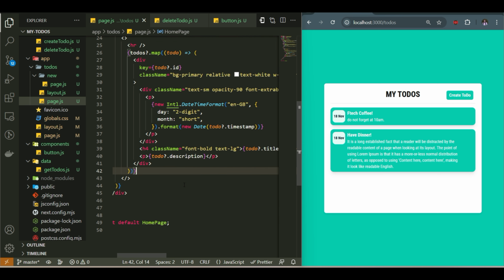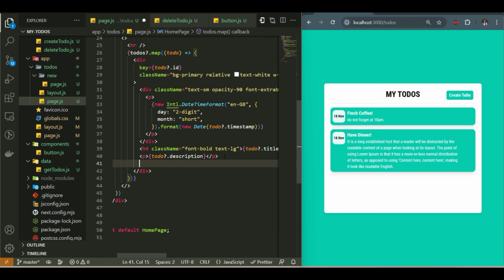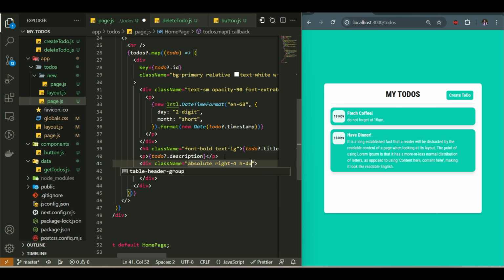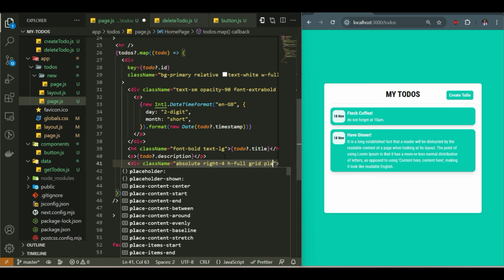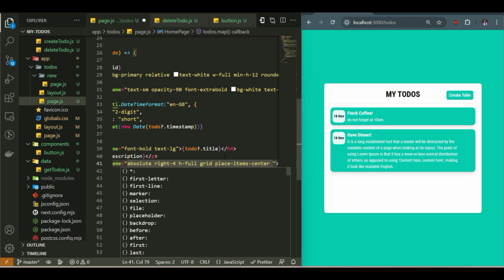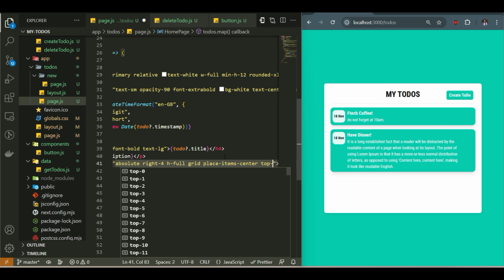I'm going to create a div, which is going to be absolute, with right 4, height full because I want to make the icon centered, grid and place-items-center, which is a good trick to center the item,